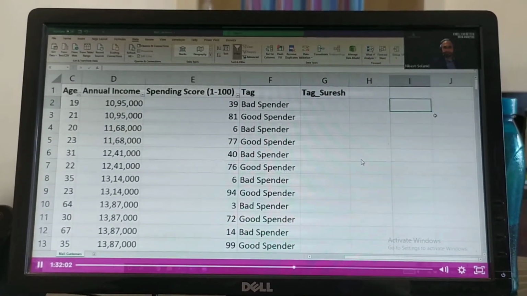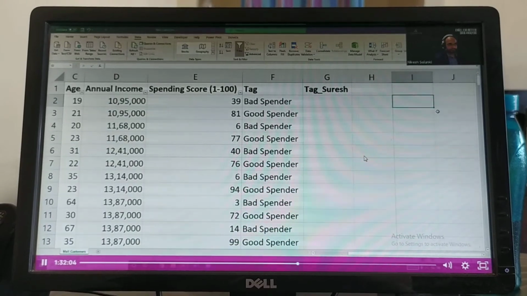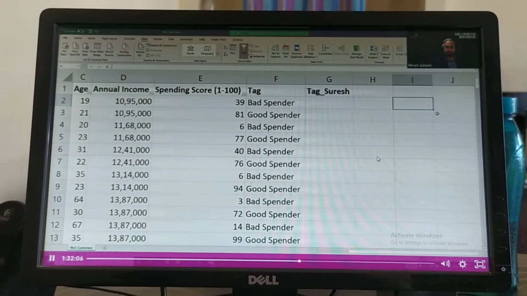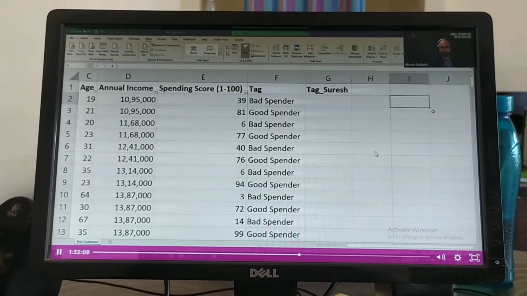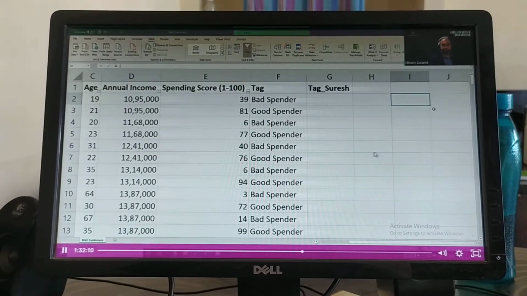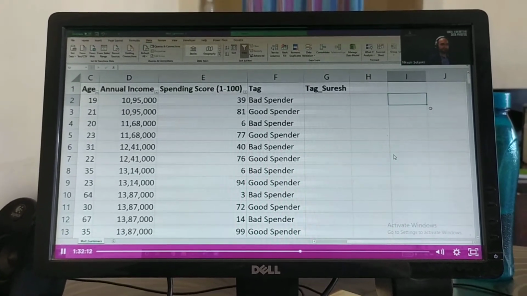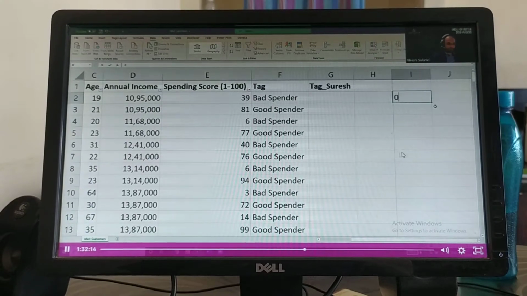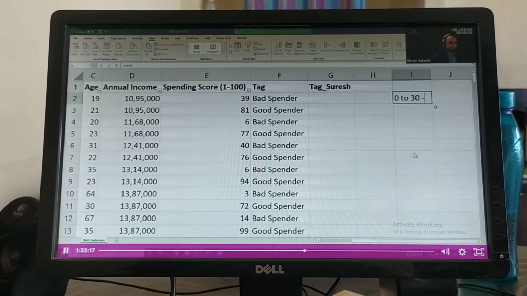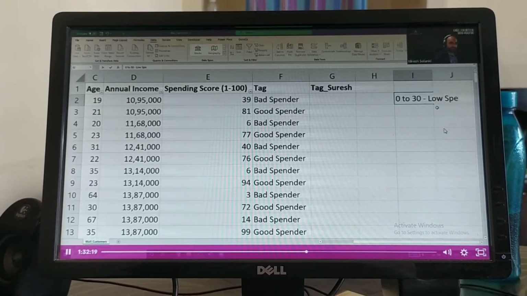Say, for example, 4 categories, we want to specify them based on their spending score. Perfect. So you are saying anyone between 0 to 30 is a low spender.